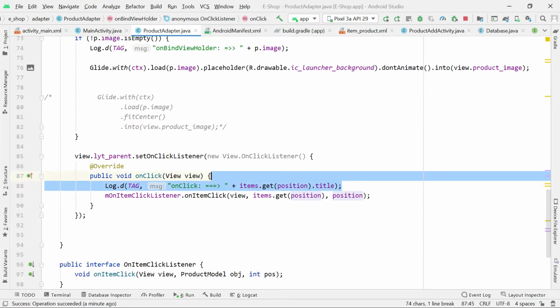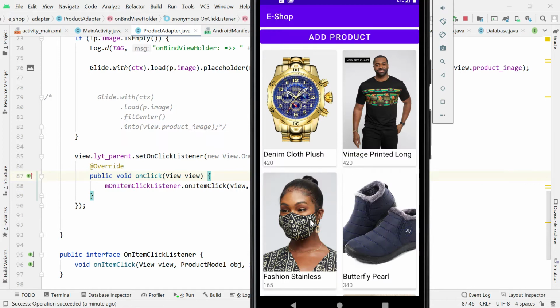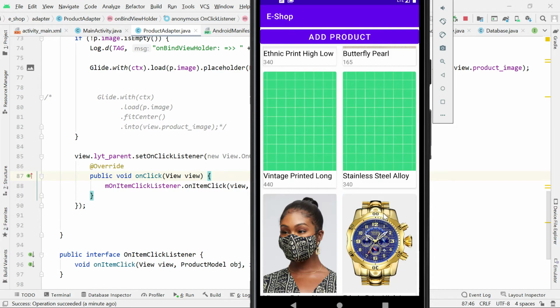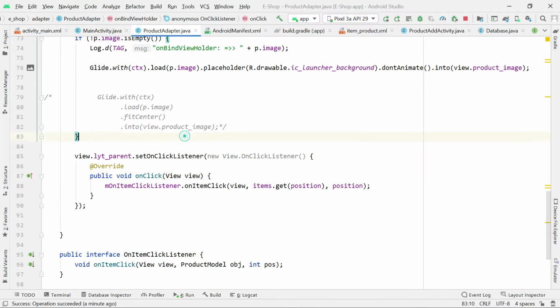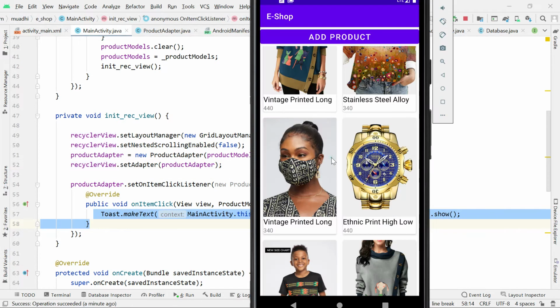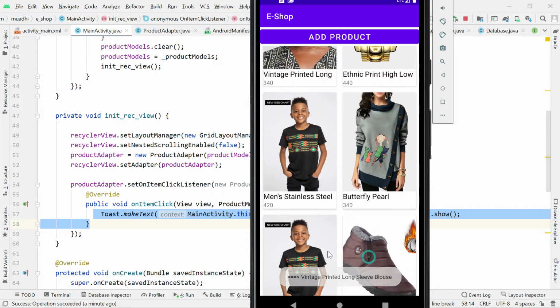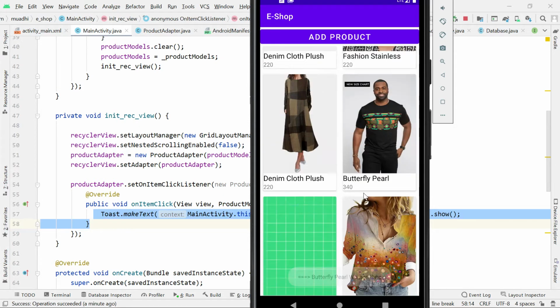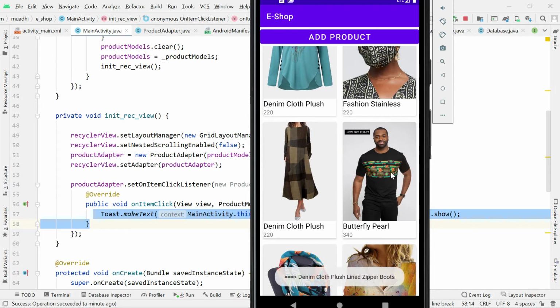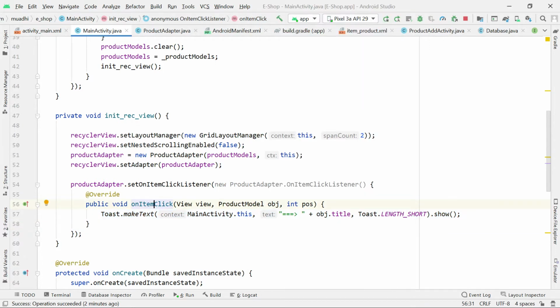So you should be able to click on an item and get this notification. You see this toast. I'm the one who just added this toast here on the adapter. So if you have knowledge of recycler view, you should be able to click on this adapter and get this kind of toast. Just do whatever you do, pass wherever you can pass, and reach that point whereby you click on an item and you get this toast. So at this toast, I'm going to start to open a single product